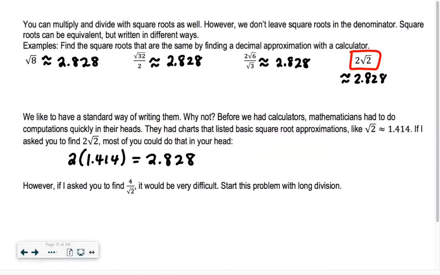2.828, right? That's what that number is, 2.828. That's what we found before. You all can do that in your head. You can all add 1.414 to itself in your head. You're just doubling each digit, right? But if I asked you to find 4 divided by root 2,